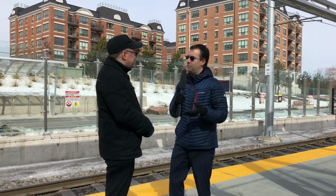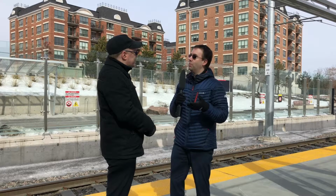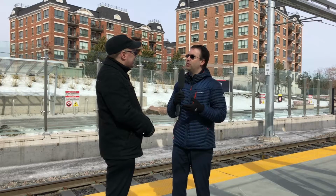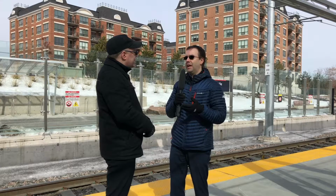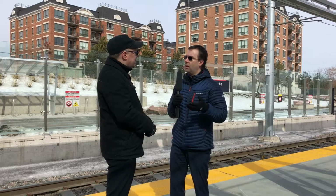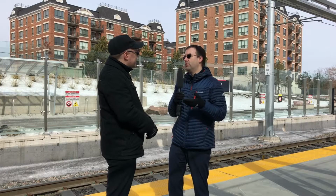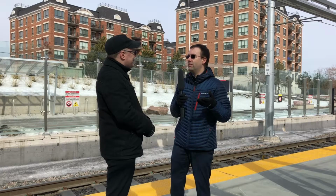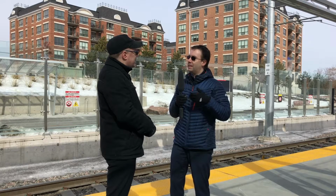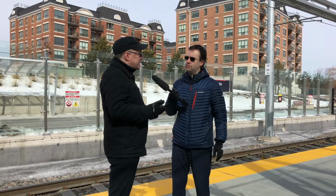So, like you said, the busking program, the applications process has started. It seems like it's going to be a fairly organized operation that's going to be done for the busking. How is it going to be structured? Will there be at the busy stations, like let's say downtown, a fairly continuous presence of busking? Will there be some way to encourage that kind of thing? Obviously, at a station like Searville here, where flow is very little, there's probably going to be very little, if any, happening here. But at the busy stations, will there be some way of encouraging that to be like a constant daily thing? We're certainly going to try, but